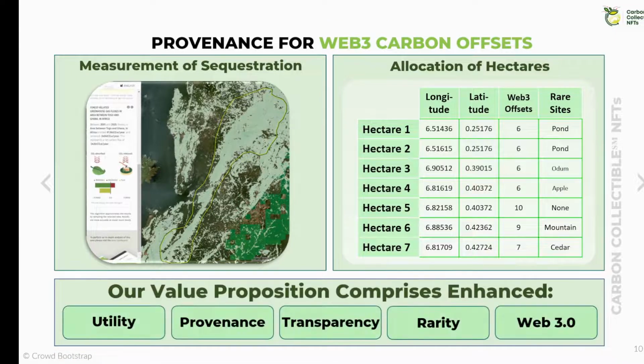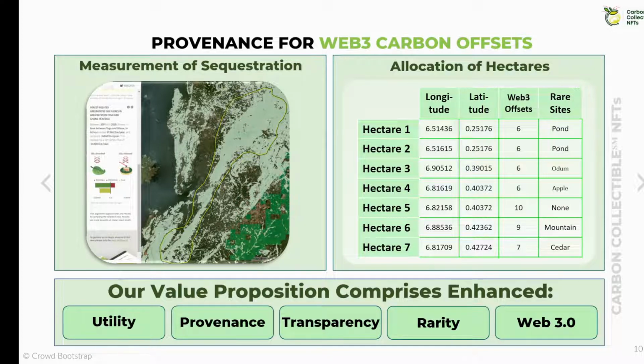The chart on the left here shows the boundary of our forest within the third-party Oracle's database. On the left-hand panel, you can see the calculation of carbon sequestration rates. What we have done is subdivided our forest into 1 hectare blocks. That's about 2.5 acres. And each of those plots of forest land maps onto an NFT. The NFT owns the virtual rights to that 1 hectare block of forest land, not the physical rights to the trees or the land, but the virtual rights to carbon sequestration and also for gaming and metaverse applications.